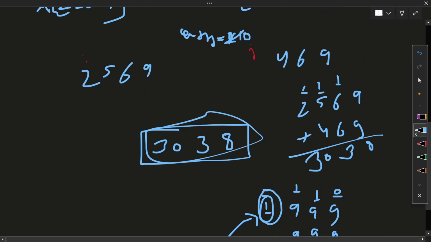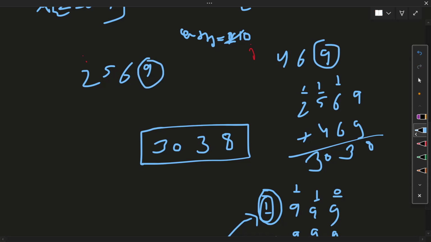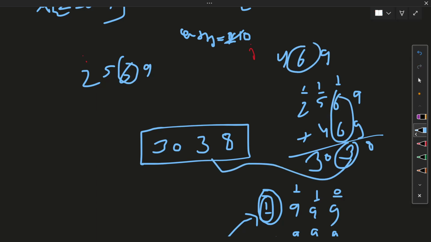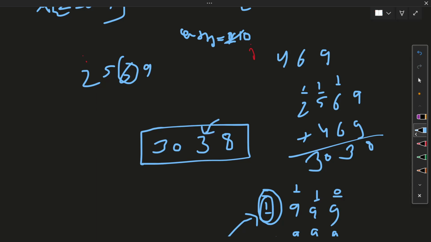But this is a string builder, and we are starting from the last position, and whenever we got a number, we add it here. Then we are at the second last position, we got a number, then we need to add the number. But what we are doing is we are inserting at the zeroth location.